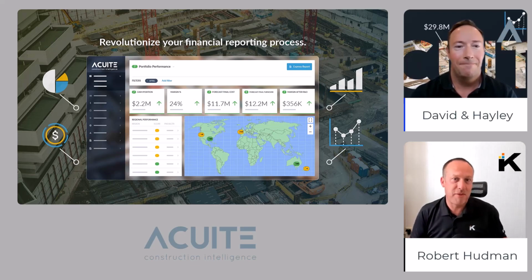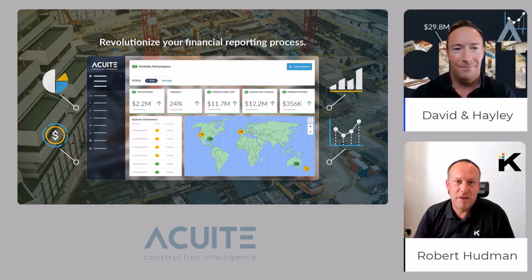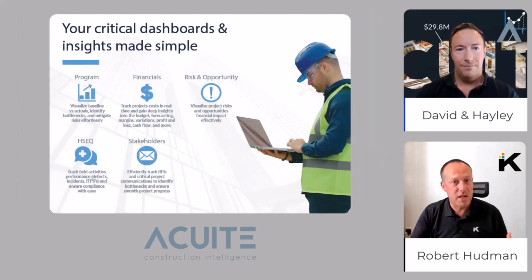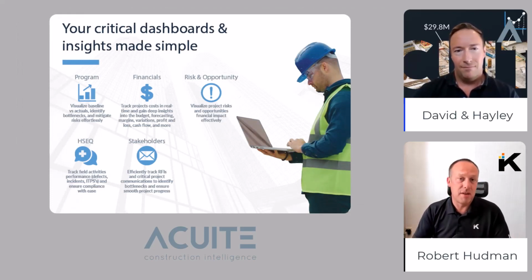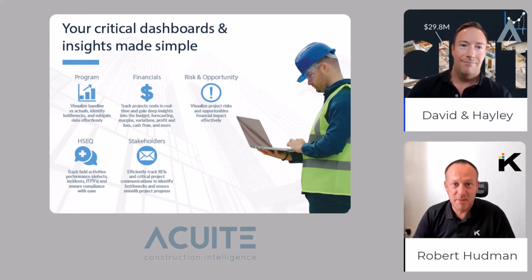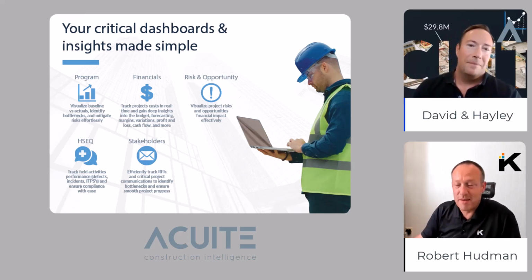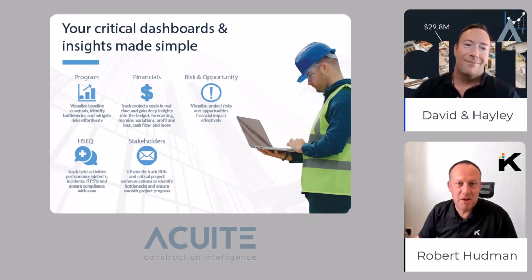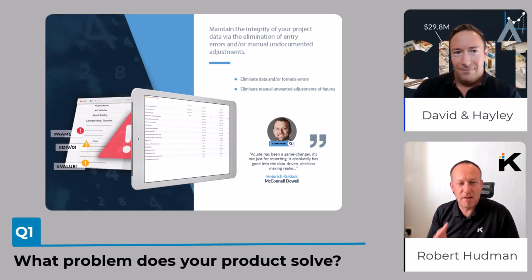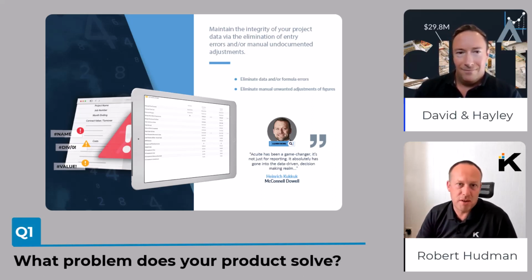But for those who haven't watched before, this is Partner 5 and 5. So we ask five important questions to Procore partners, really just to bring them to light, or if you've heard of them before, try and understand a bit more about them, and how you can take Procore as a platform and expand it using other services and other solutions. So Acuite is an analytics solution. I won't speak on their behalf in terms of the detail, but we'll jump right in. Obviously the first question anyone watching this session wants to know is what are you guys at Acuite about? And fundamentally, what is the problem you're trying to solve for those in construction?